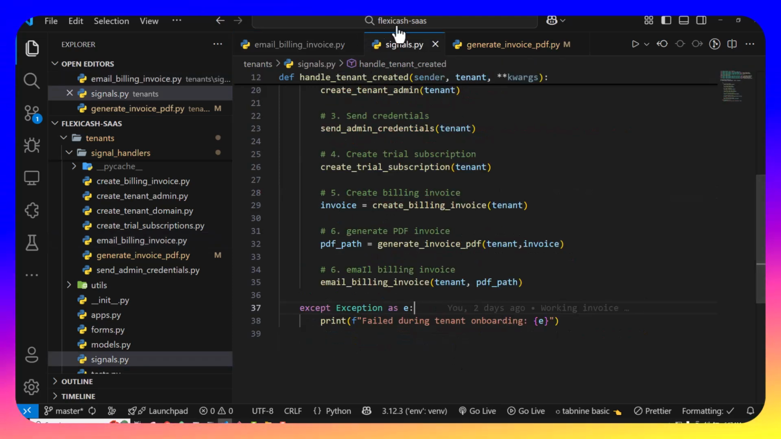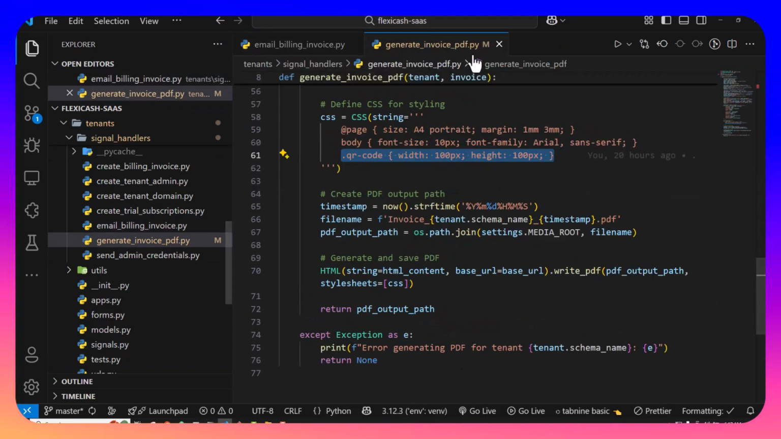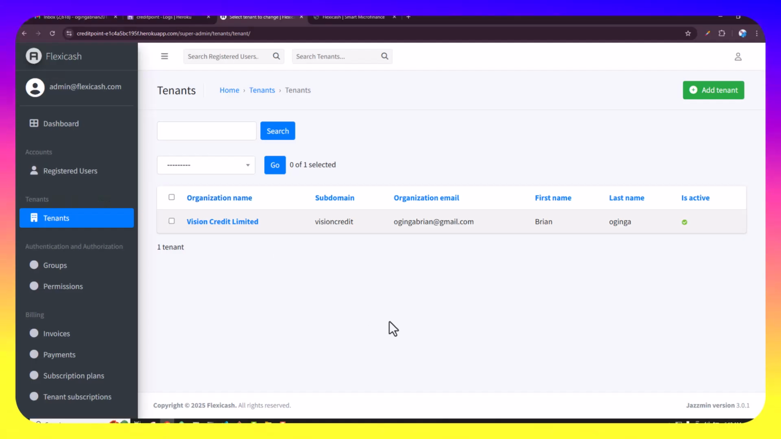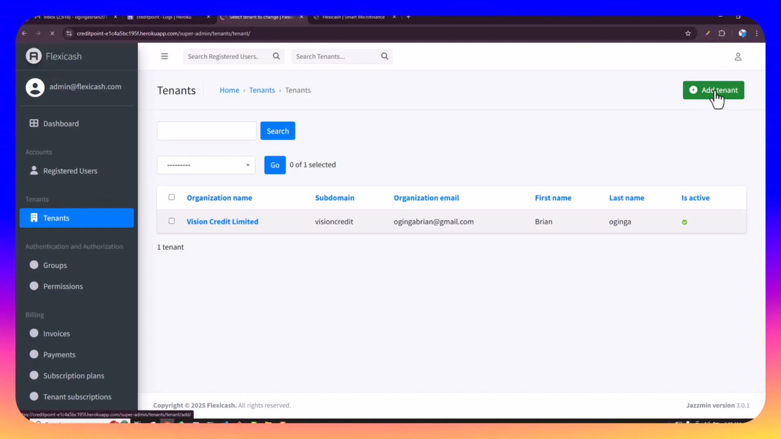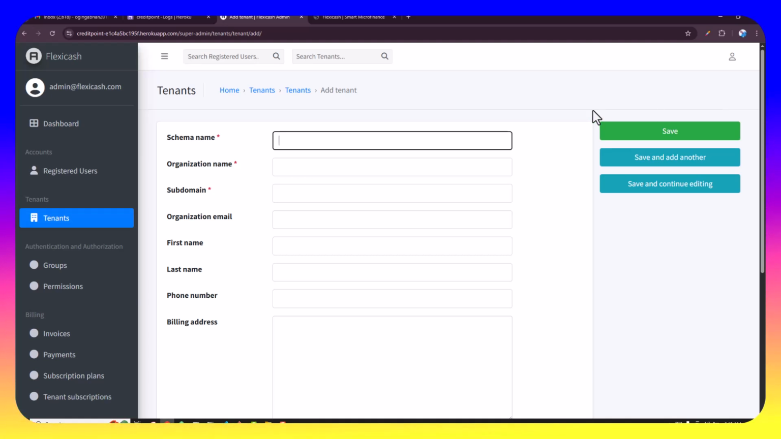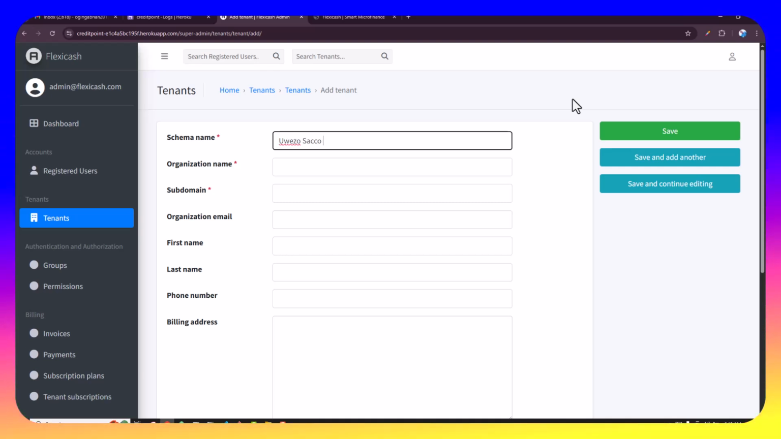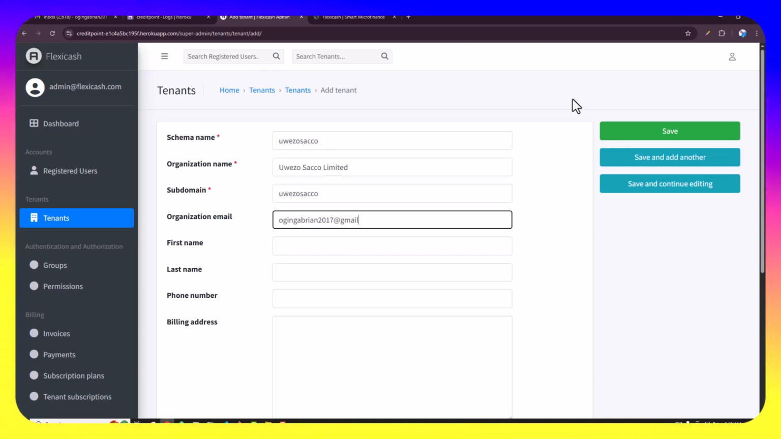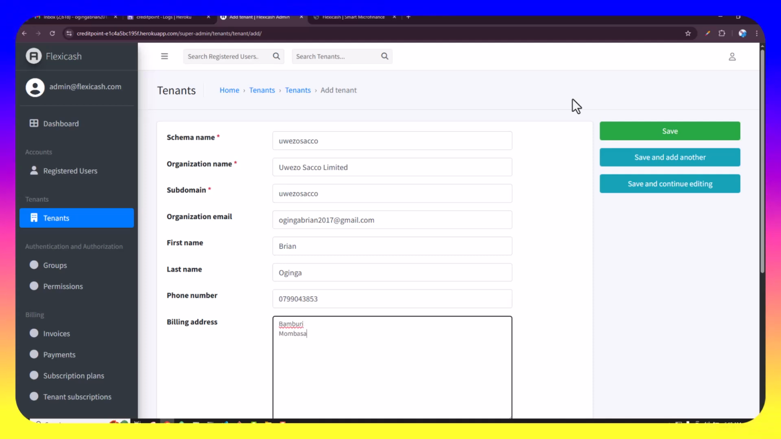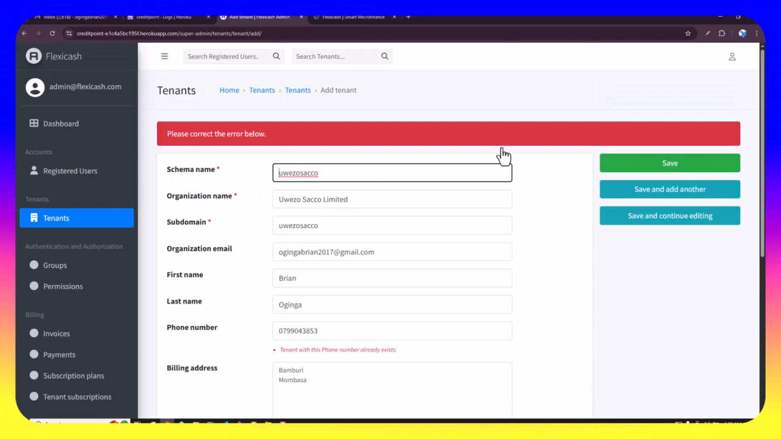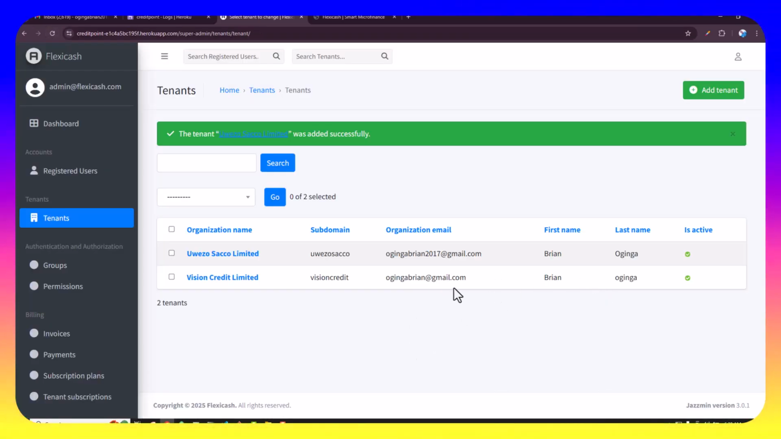So let's go ahead and test our application once again to see how it works. So I'm just going to say our tenant, then I'm going to fill in the client details. We have successfully onboarded our second client. You can see it's Uwezo Circle Limited. If you were to check our invoices,